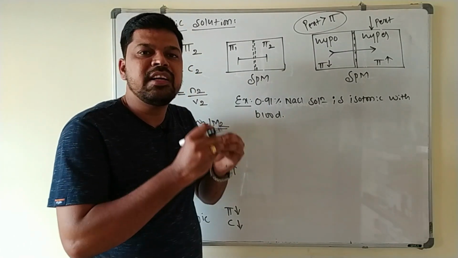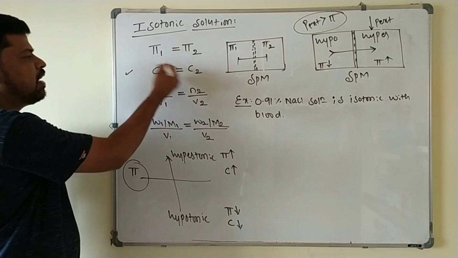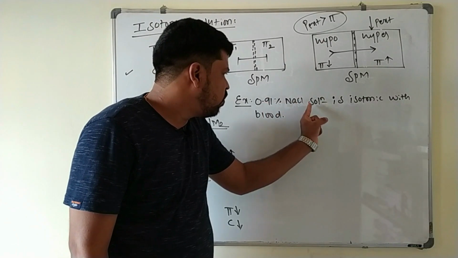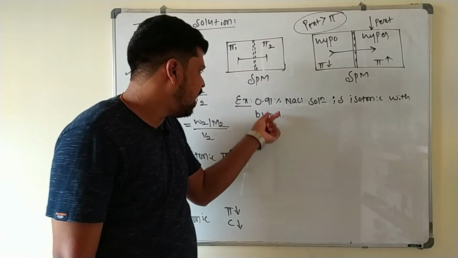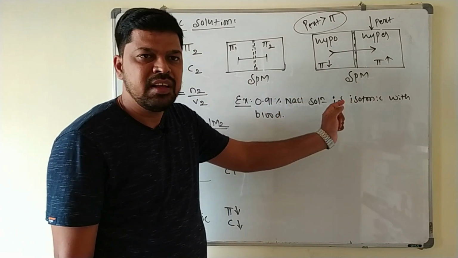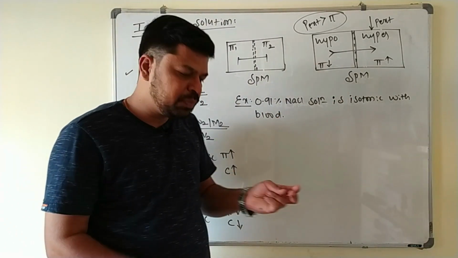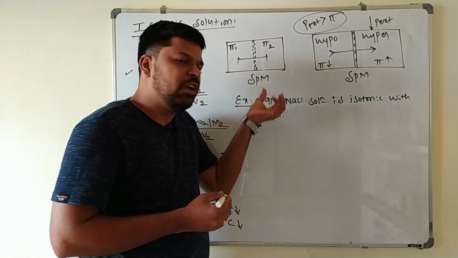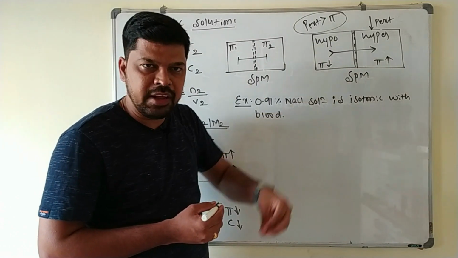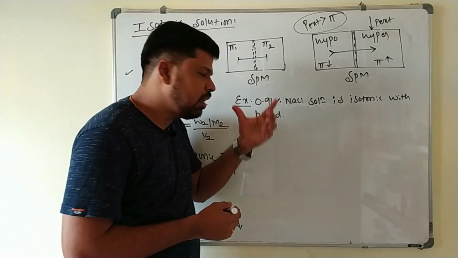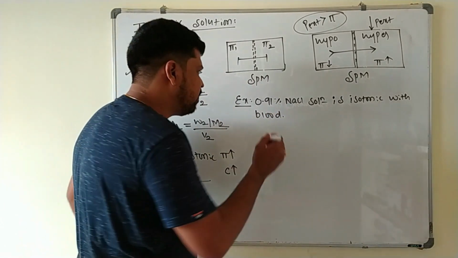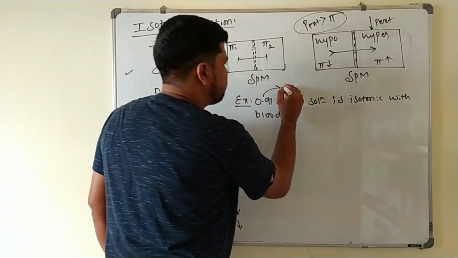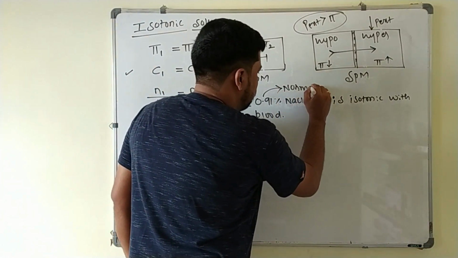Isotonic means what? The condition for isotonic solution is concentration must be equal. Then only they are called as isotonic here. Since this is isotonic with the fluids that are present in the blood, it is safe to inject into the blood here. Only isotonic solutions are safe to inject into the body, because whatever the solution you are going to inject into our body must be isotonic with the fluids present in the blood, and this is isotonic here. And now this 0.91% of NaCl solution is called normal saline water. This is very important.